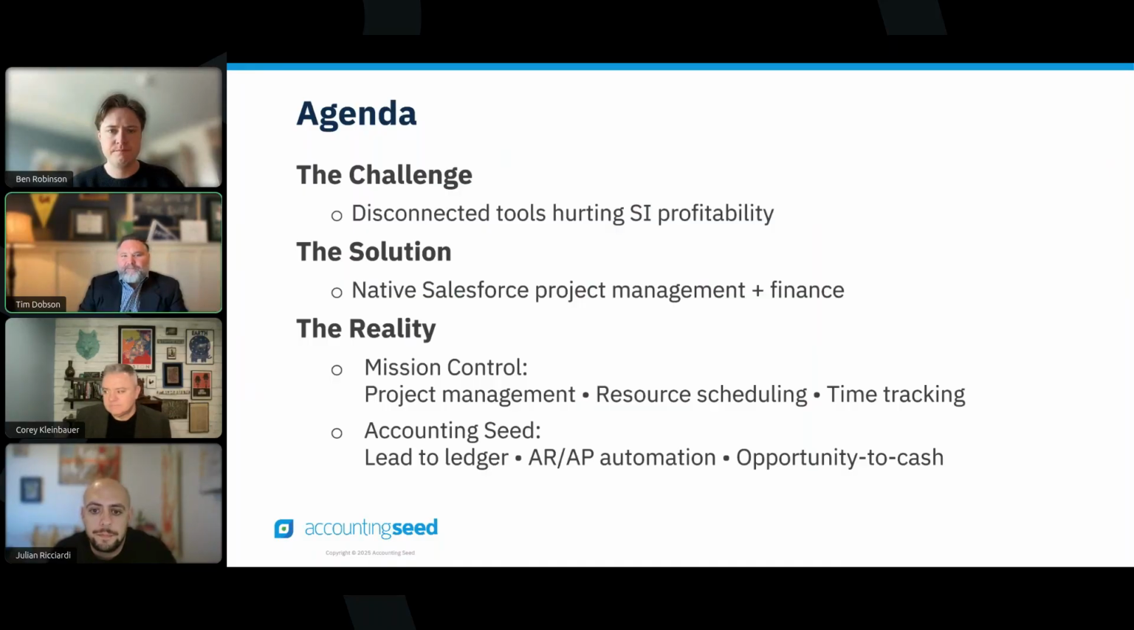Not only can you benefit from using Mission Control and Accounting Seed in your own business, but as a partner, you can help your customers expand the use of Salesforce in their business,